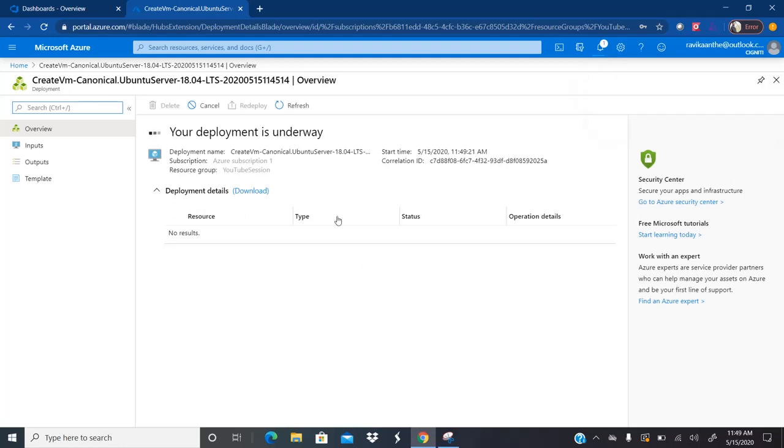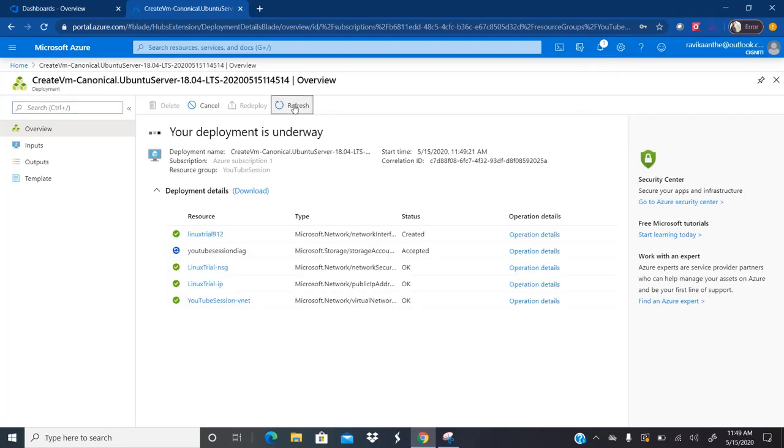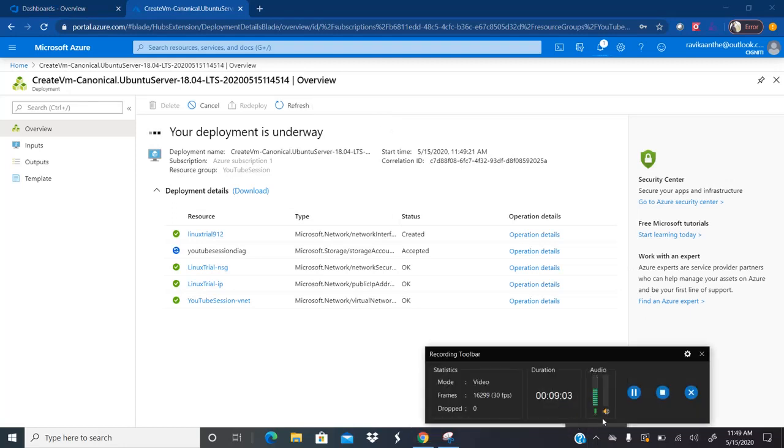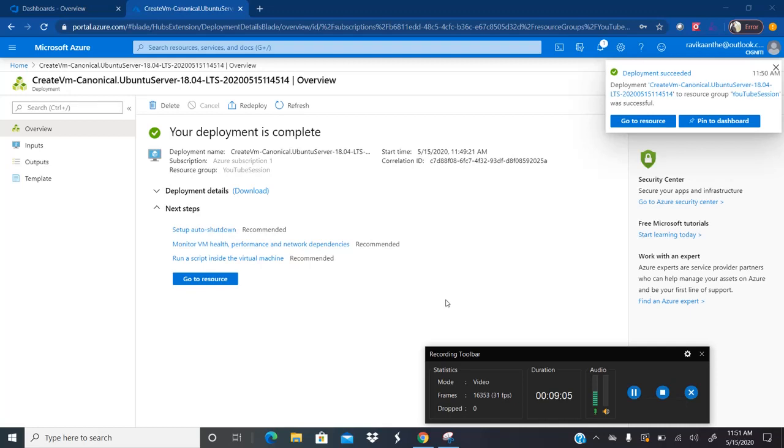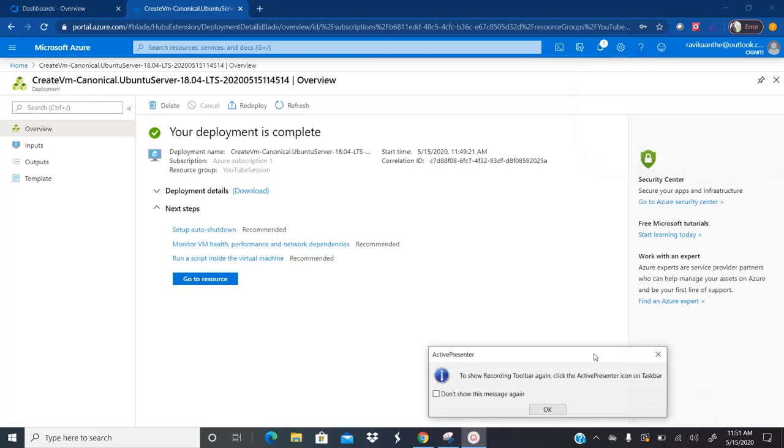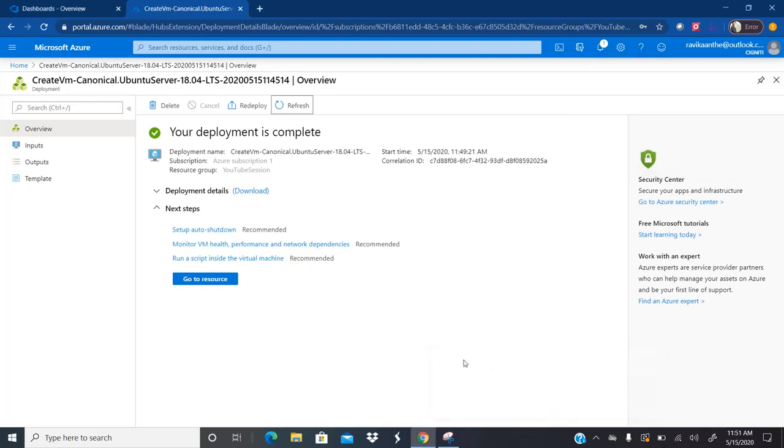To see the status, you click on refresh. It will give you the status of all the resources that are being deployed. Keep clicking on refresh to see the status. It will take 1 to 2 minutes, so let me pause the video for 2 minutes. It took exactly 1 minute for me to create a virtual machine.